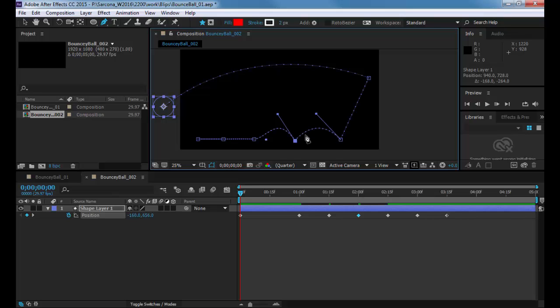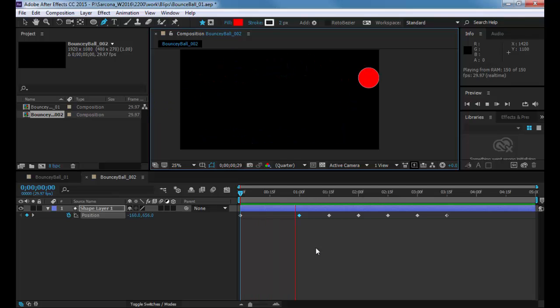There we go. Okay. All right. So now I have one handle for each side. If I go to each one, you can see I have one handle for each side. That's all we really need. I do want a little arc right here, so I'm going to pull that off too. And now I can see, without even having the ball animating, exactly what the ball is going to do. Okay? I may not like the speed that it does it, but I can see the path that it's going to take. So now when I hit play,